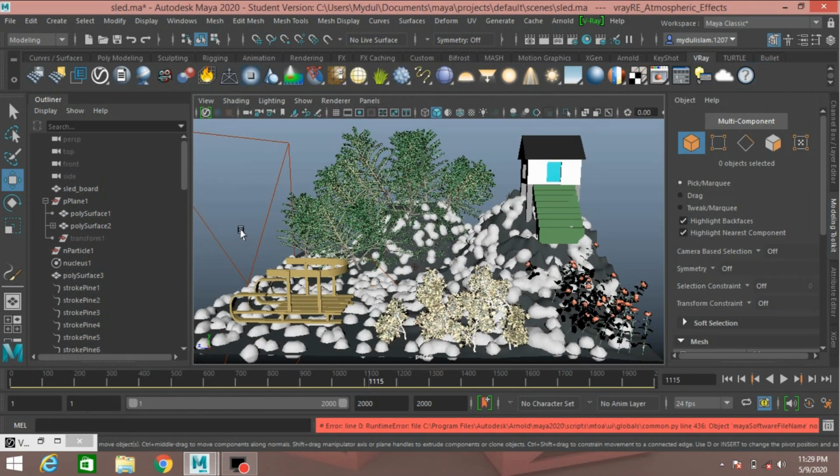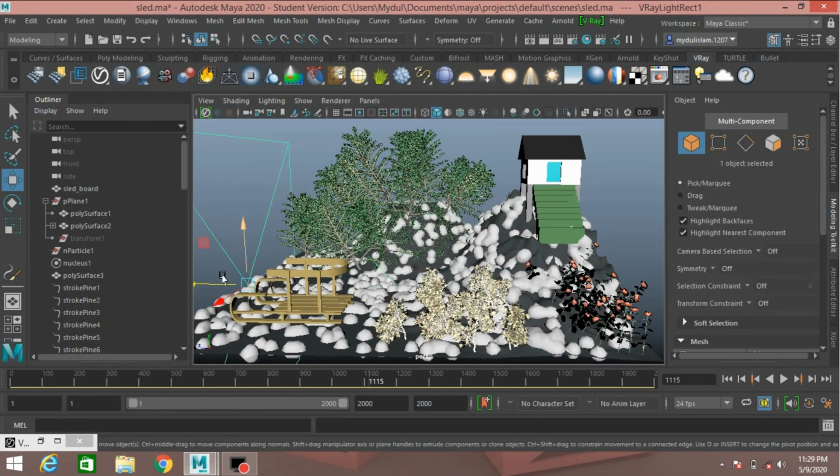Nothing is shown. So select the light. Rotate it. Move it up.